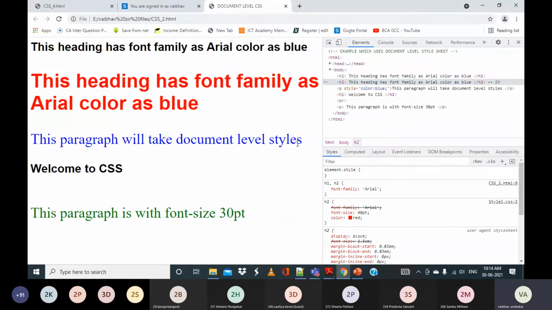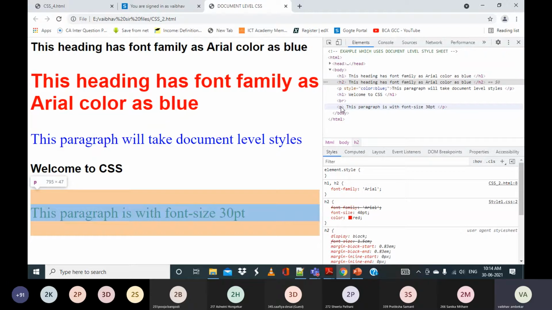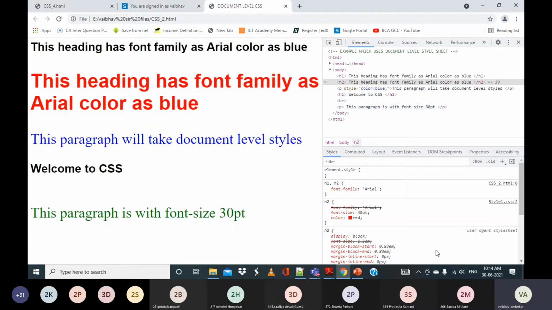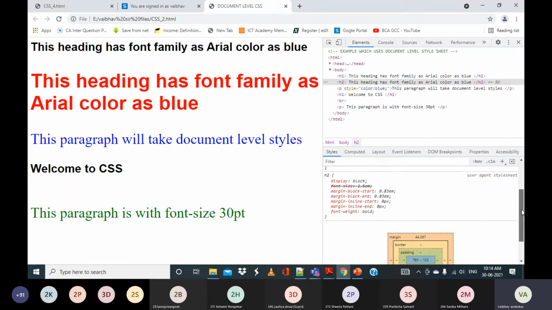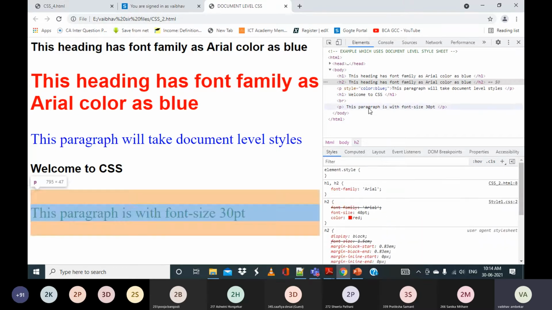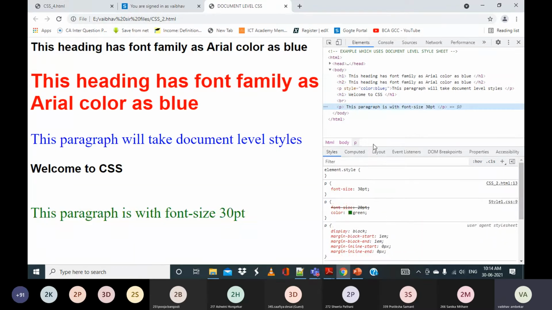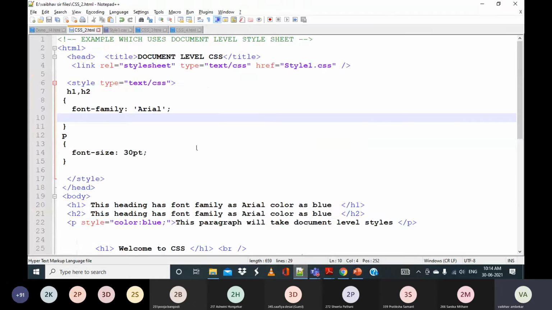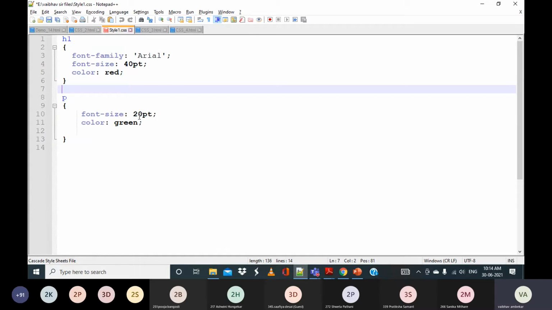Here if you click on this, you will get to know about this particular paragraph. Okay, are we all following it, everyone? So consider this, you can see that font size 20 is cancelled. Why is font size 20 cancelled? Where have we mentioned that? Here we have mentioned font size as 20.